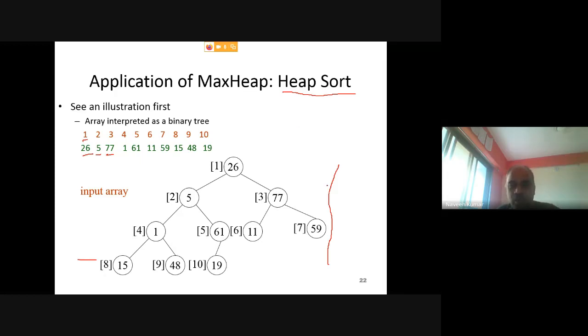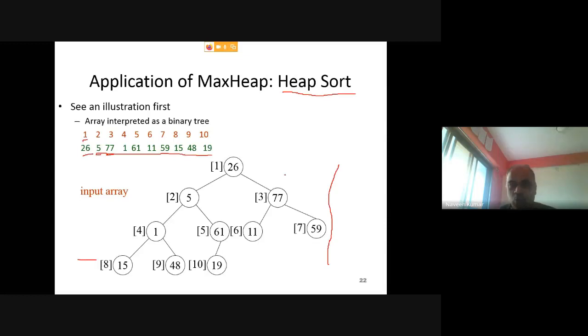So assume this is your initial unsorted array, and assume it is in complete binary tree form. It looks like this. Now what you need to do? You need to convert this input complete binary tree into a max heap first.